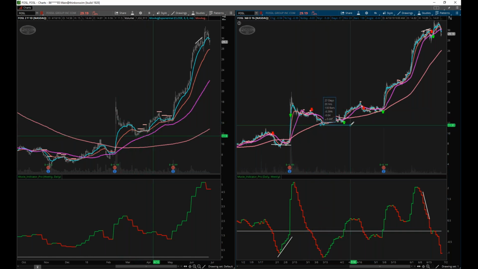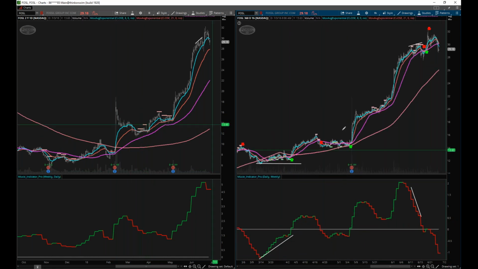So here we have price level, and we have positive divergence right there on the indicator, and look, we get a price trigger right there. I'll keep zooming in for you guys. Right there. Perfect. That's what I like, a nice low trigger right as price is crossing through the moving averages. Come up through here, and you actually see a little bit of a warning. You can see how the indicator didn't want to go up any higher despite price going higher.